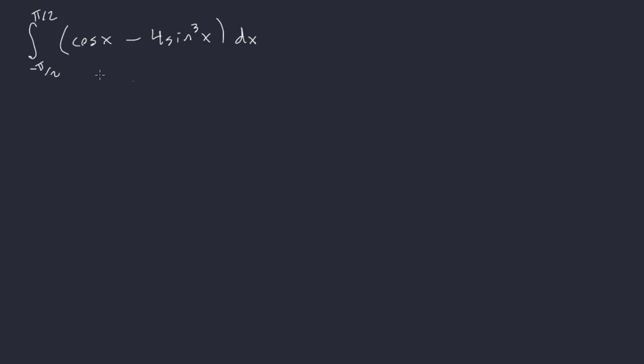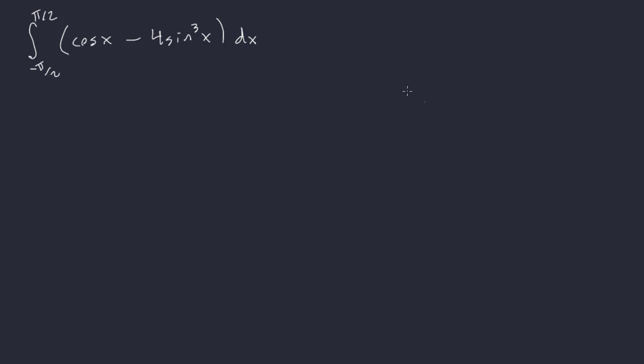All right, to give another example of this, let's take the integral from -pi/2 to pi/2 of cosine x minus 4 sine cubed x dx. Now, what's nice about this is right off the top of my head, without some sort of crazy u substitution, or using identities, this is actually kind of a difficult integral to do. However,